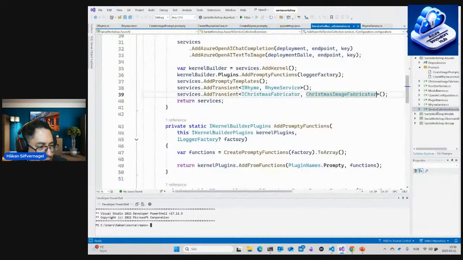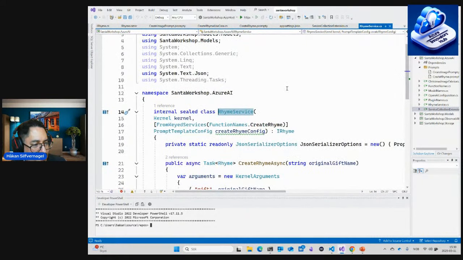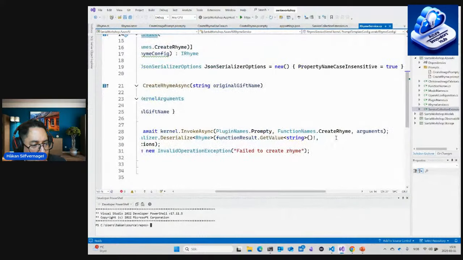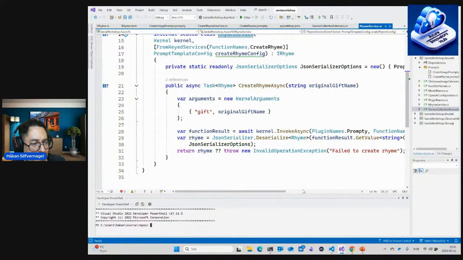And then if we go back here, we are also adding some different services. For example, here we have a rhyme service. If we go into this rhyme service, we can see that we're sending over a gift name that we pick out from the arguments. Then we invoke, using Semantic Kernel, this special function, the create rhyme prompt file, together with these arguments. After that, we get the result back, which is the rhyme, and return the rhyme